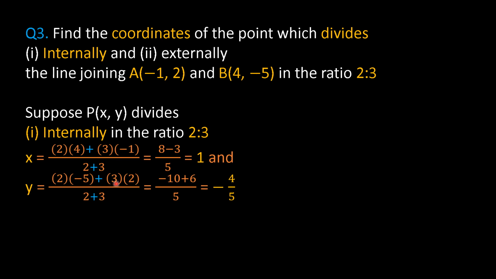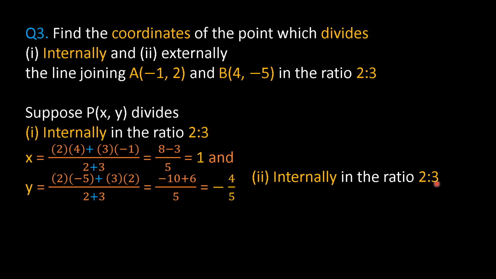(my2 plus ny1) upon (m plus n). This will be minus 10, this will be 6, so it will be minus 4 by 5. So the x coordinate will be 1 and the y coordinate will be minus 4 by 5. So that is going to be the coordinates of point P when P divides the line joining AB internally in the ratio 2:3. Now next we will consider when P divides the line joining A and B externally in the